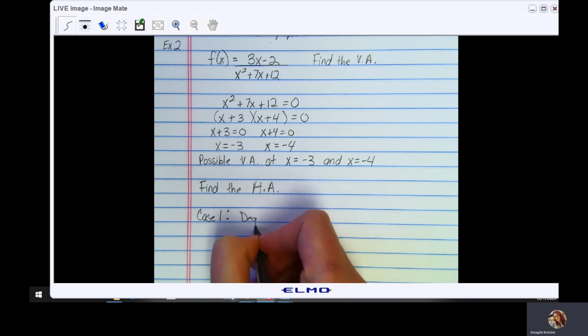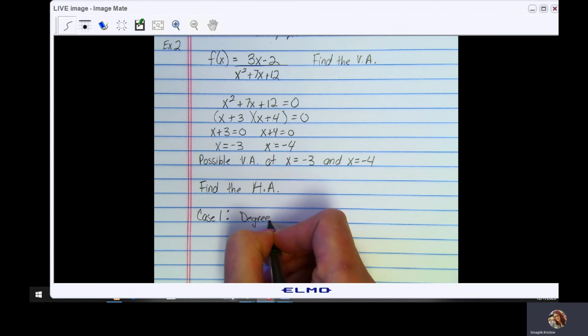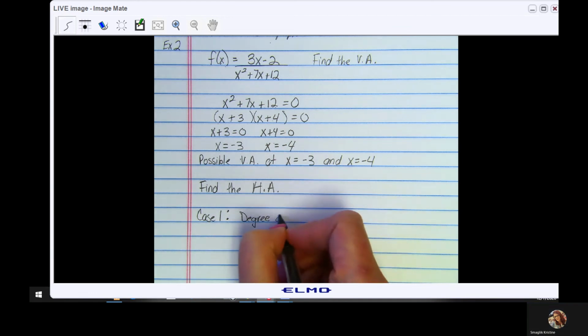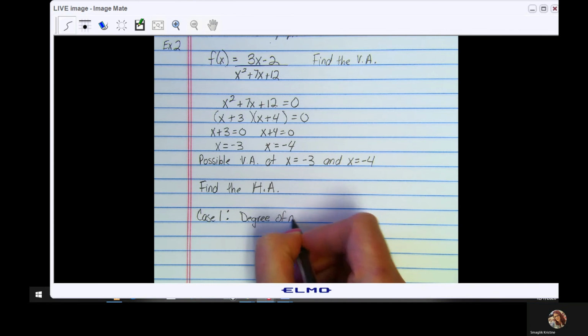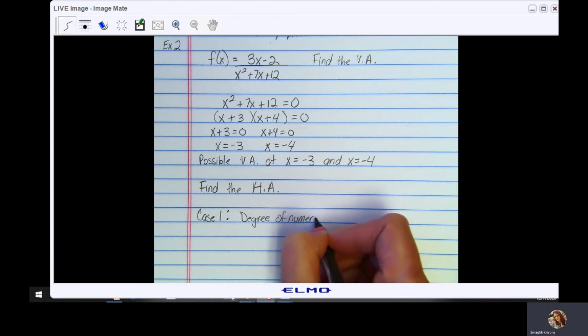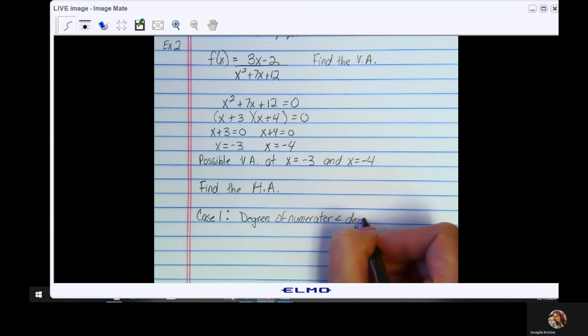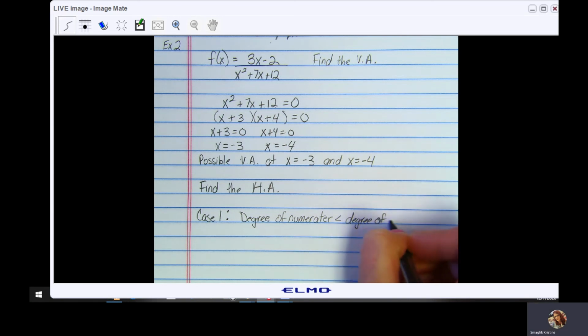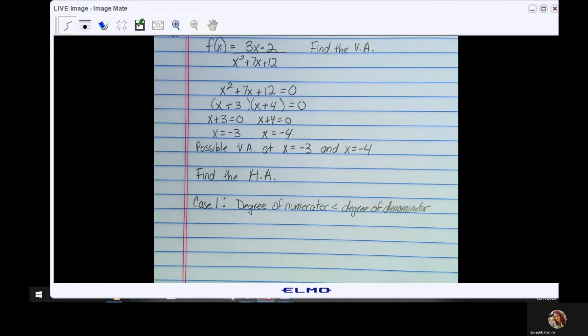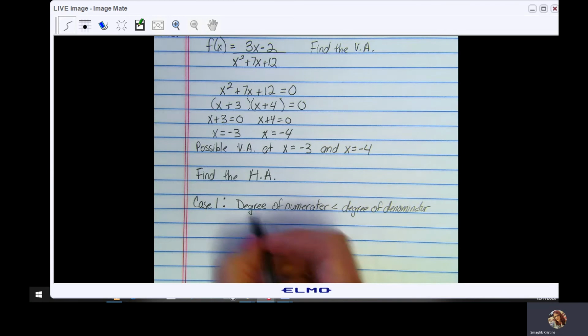We're going to look at the degree of the numerator and the degree of the denominator. So here in case 1, the degree of the numerator is going to be less than the degree of denominator. If this is the case,